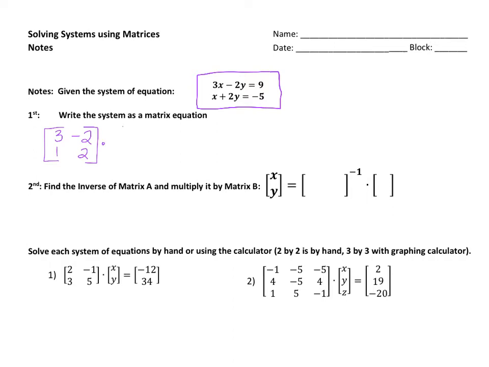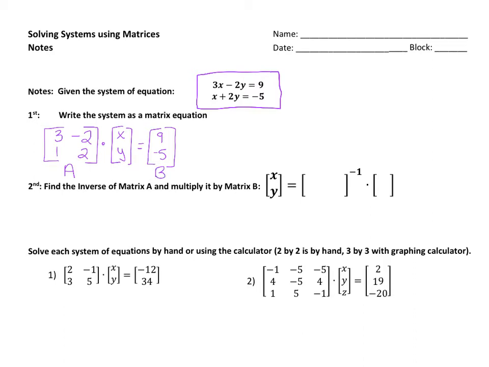Then that gets multiplied by matrix x, y. And if you remember from multiplying matrices, we always multiply the row of the first matrix by the column of the second matrix. So I would do 3 times x plus -2 times y, and that would get me back to my system. Now, this is going to equal a 2 by 1 matrix that has 9 and -5. Now, to help simplify this process, I'm going to label this 2 by 2 matrix A and this 2 by 1 matrix